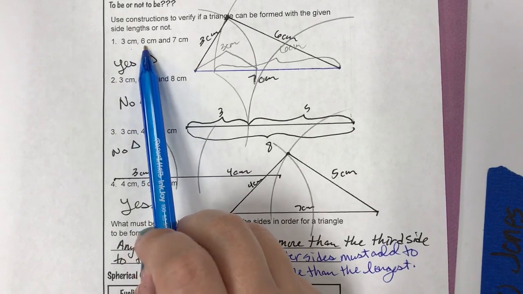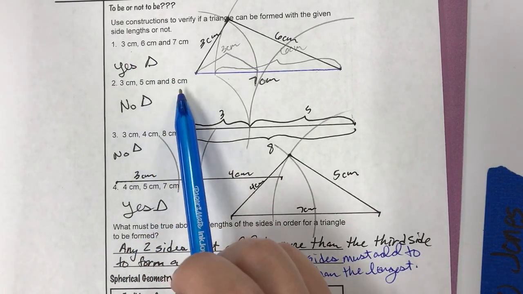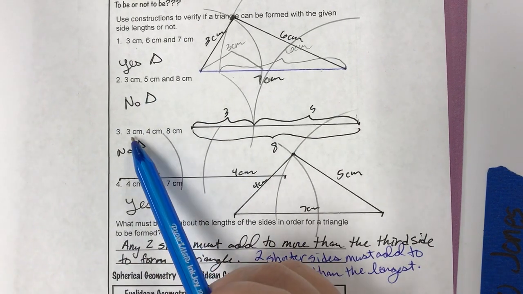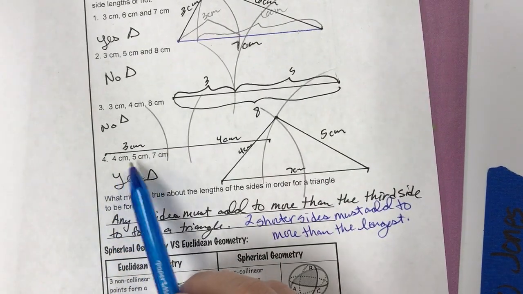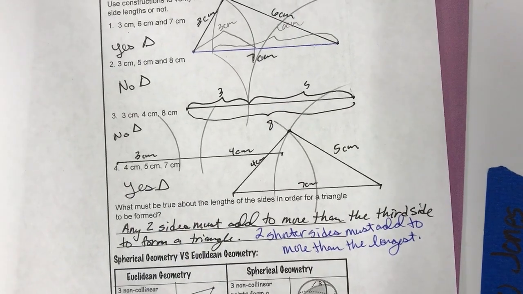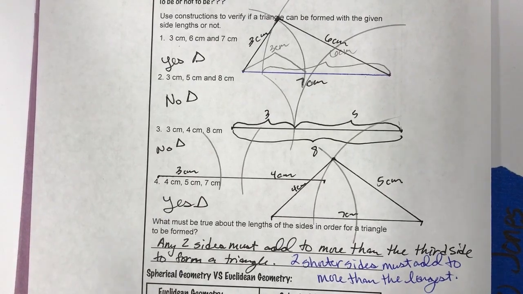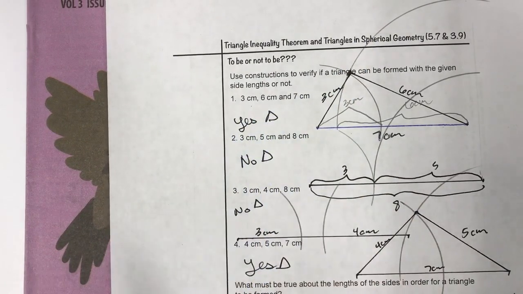So looking, 3 and 6 makes 9, that's more than 7. 3 and 5 makes 8, that is not more than 8. So there's no triangle there. 3 and 4 makes 7, that's not more than 8, no triangle. 4 and 5 is 9, that is more than 7, yes, triangle can be formed. There's another thing that I need to add off into the margin here, and that's sometimes we give you 2 measurements and we ask you for the possible lengths of the third